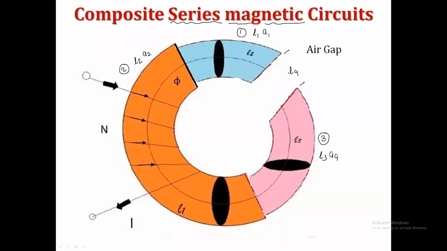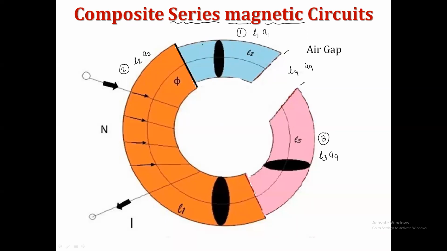G stands for gap, we will say that. And its area of cross section is AG, I consider that here. Now these three different magnetic materials with an air gap are connected end to end in the form of a ring, so that when the coil is wound on this shape of magnetic circuit, then definitely